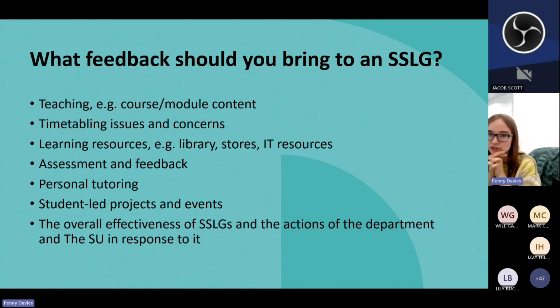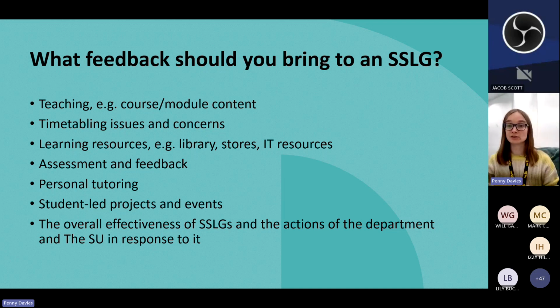And personal tutoring, that's another thing that you could talk about if it's relevant to what's going on in your course. Student-led projects and events, that's also an opportunity for you guys if you would like to get a bit more out of the rep role. If you are here to represent your course mates through feedback and that's it, that's absolutely fine.